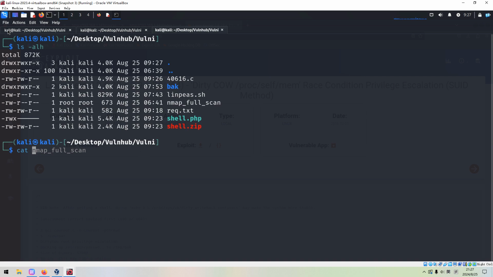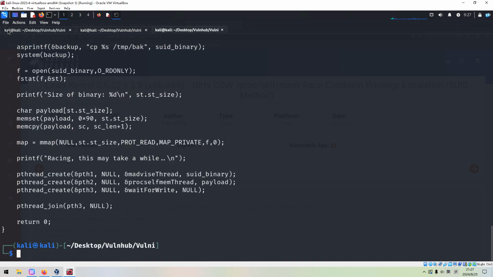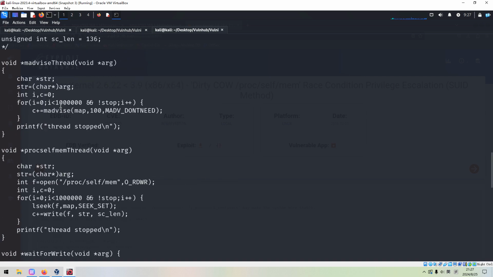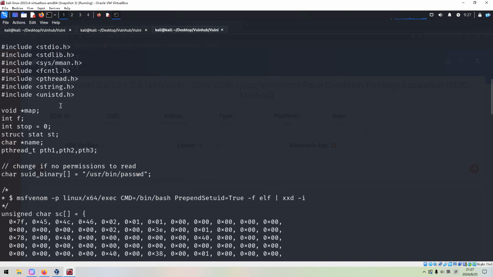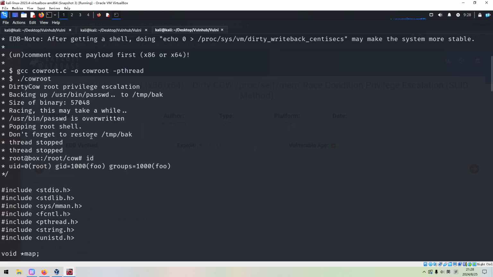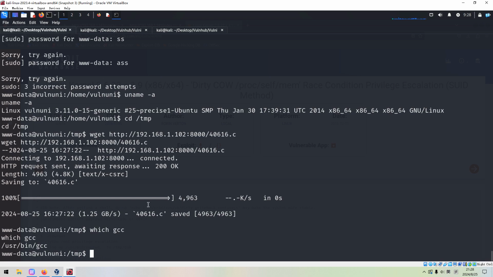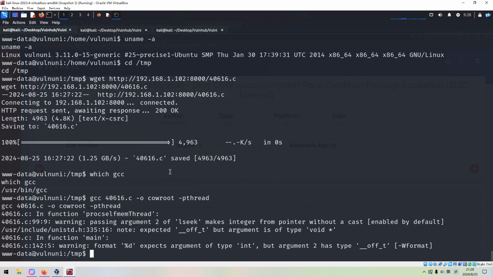We can cat this file, scroll up, and then get the usage of this exploit, copy it, and now we can run GCC and just paste the options in here. No error, just a warning, don't worry.